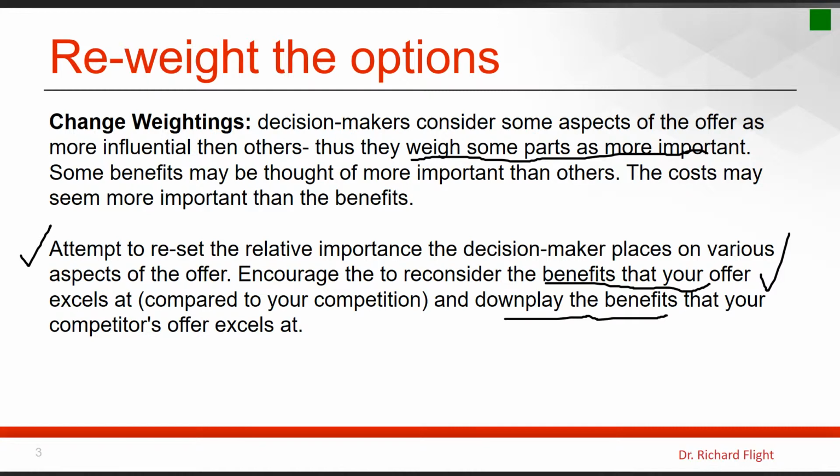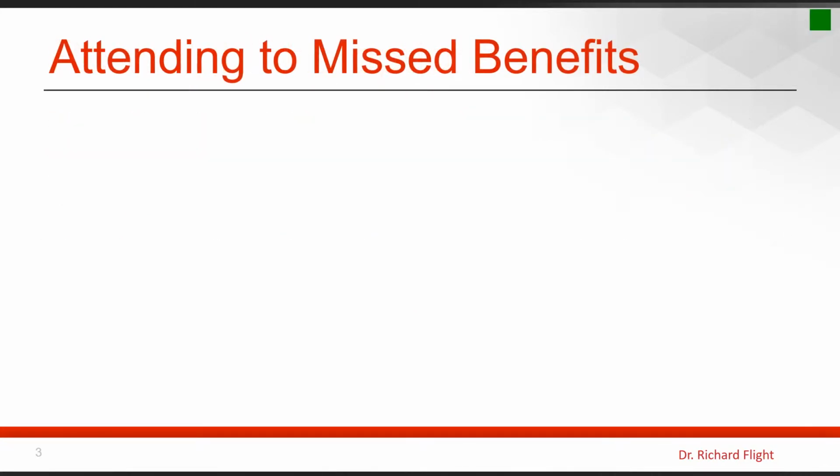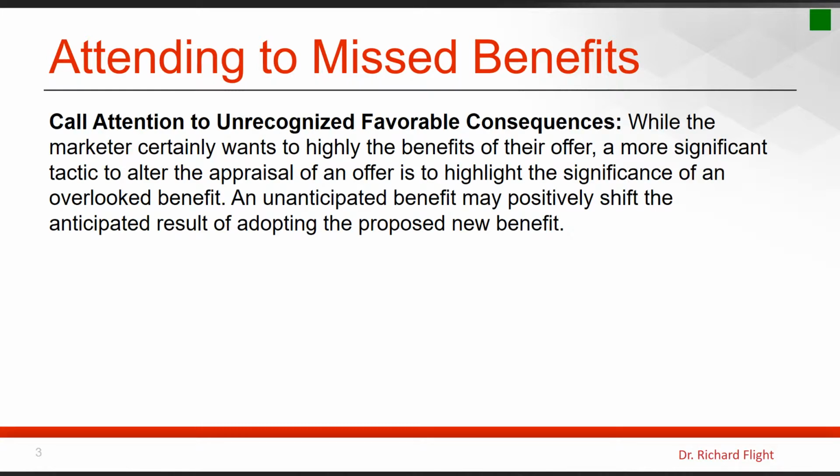Okay, so think about that complex decision-making model and how consumers weigh options that they have, and think about how we can influence the weighting that they ultimately use. Reweighting options would be a good strategy for us to use. Other options here, or other things we can do, we can call attention to unrecognized favorable consequences or